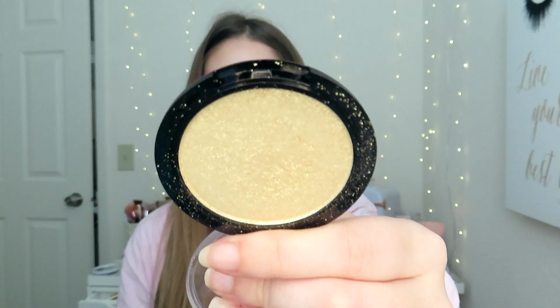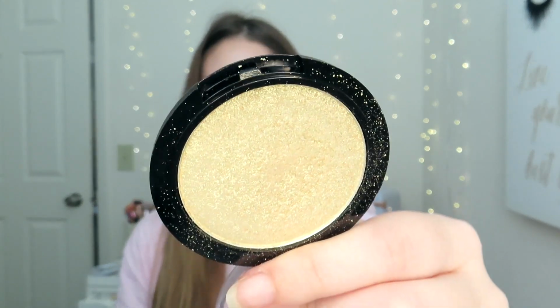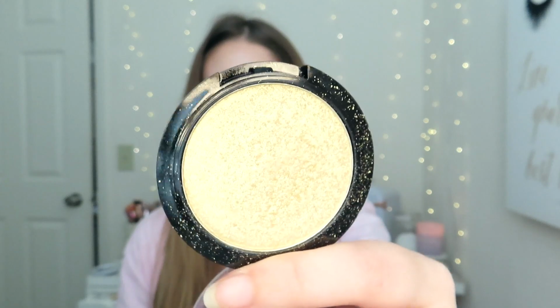And I talked about how I was blown away by the quality, especially because I got these at Five Below and I spent $1. They had these on sale around Christmas time for $1, and I was like, oh my god, a highlighter for $1, let's do this. So that's when I got this, and I wasn't really expecting much, to be honest, because the packaging's very cheap, and that's what the highlighter looks like. I mean, it doesn't really knock my socks off or anything like that,